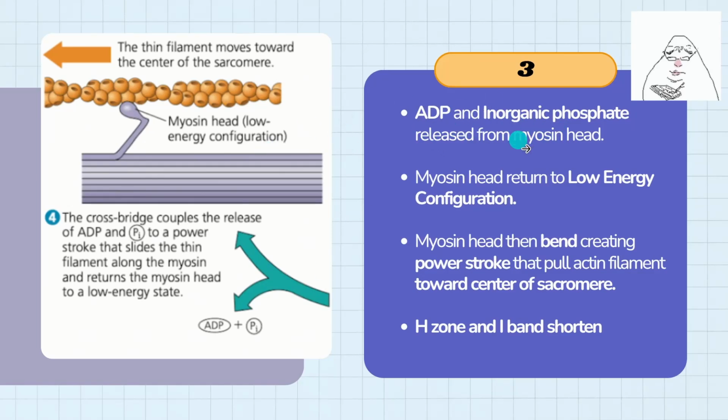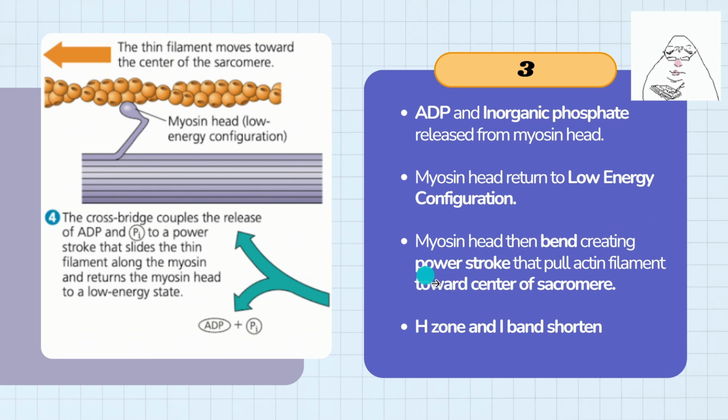ADP and inorganic phosphate are released from the myosin head. After we have used the ATP, it forms ADP and inorganic phosphate, which we don't use. It is like leftover waste, so we need to throw it away. Then the myosin head returns to low energy configuration. Because now it doesn't have ATP bound to the myosin head, it is in low energy configuration. The myosin head then bends at a 45 degree angle